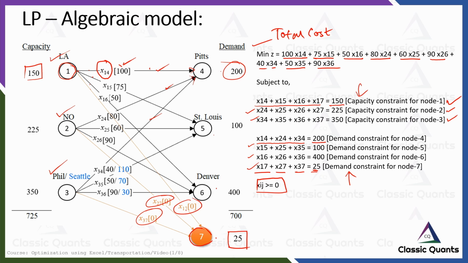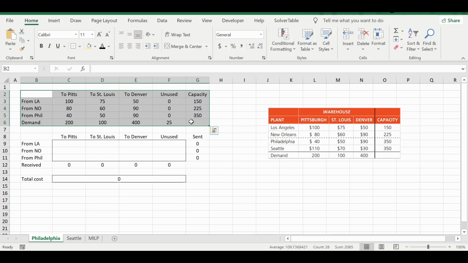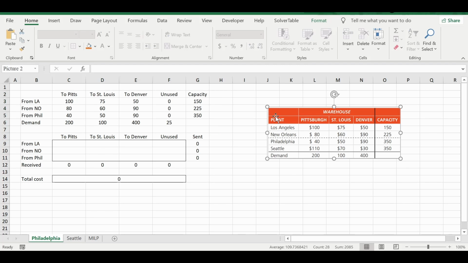So now let us open an Excel worksheet and see how it can be solved using Solver. So in Excel, the first step is obviously to just repeat the table here, write the table as it is written in the question.